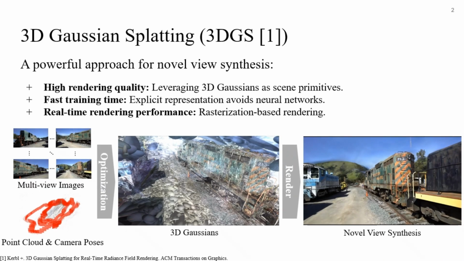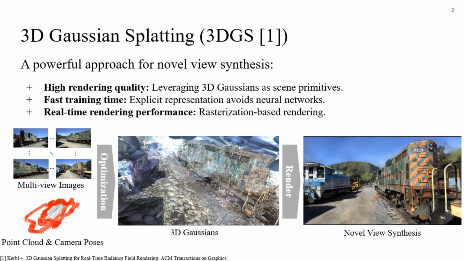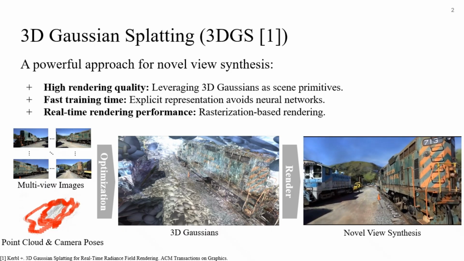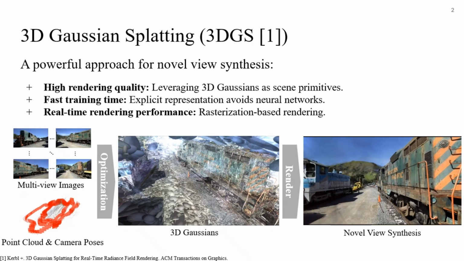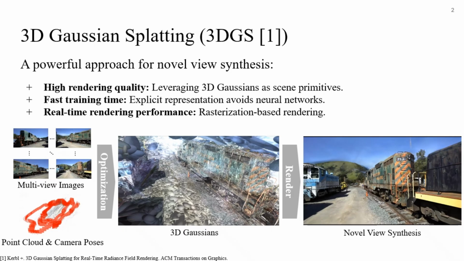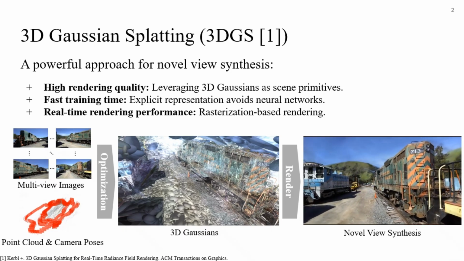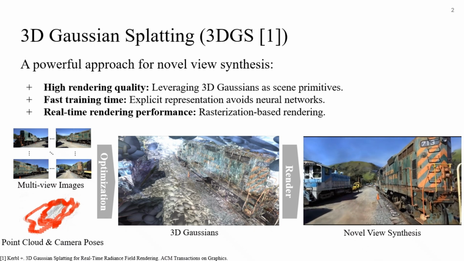3D Gaussian splatting has emerged recently as a powerful approach for novel view synthesis. It achieves high-quality rendering by adopting 3D Gaussian primitives, which provide an explicit representation of the scene. Training is efficient because 3D.GS avoids the use of neural networks, and the rasterization-based rendering of Gaussians allows real-time rendering